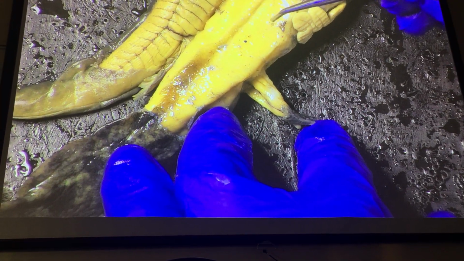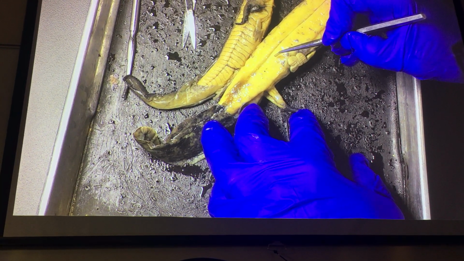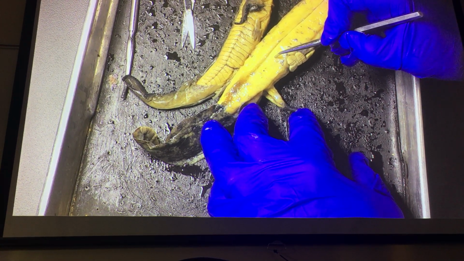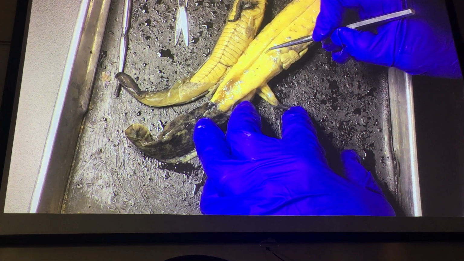I think we've covered all of those muscles. Any ones I missed or any questions? All right. Looks like we don't have any rats out right now, so in a little bit when you guys start looking at rats